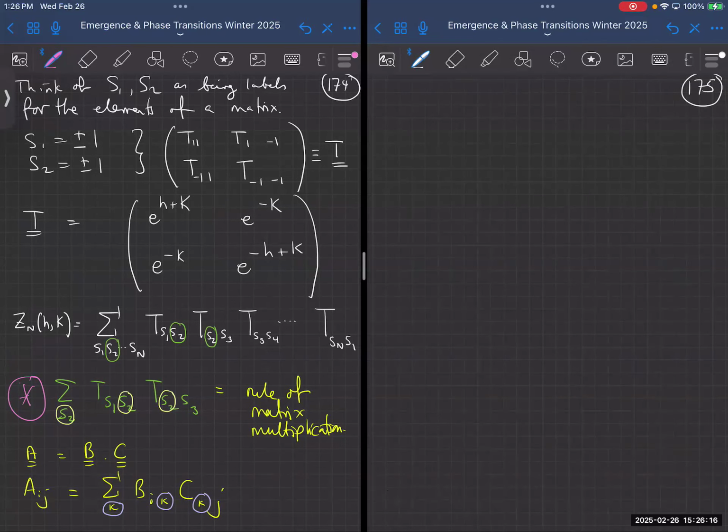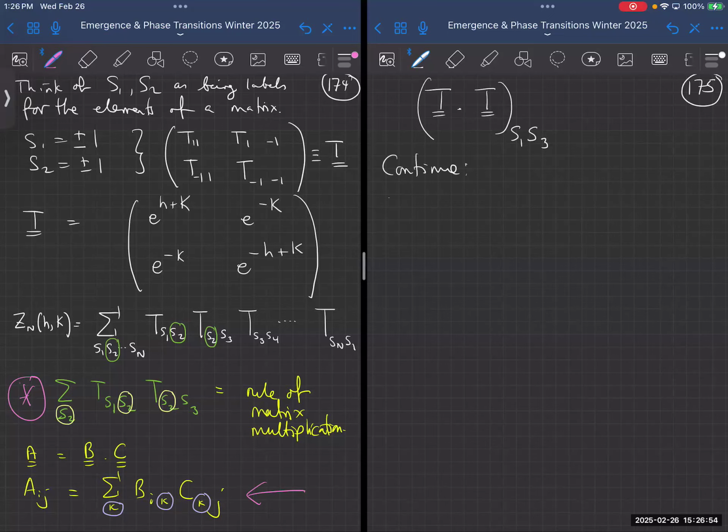Right, this thing is just T squared. So the thing that I've drawn over there is T times T, and then which element is it? Somebody else. Somebody other than Connor. S1, S3. Okay, just like over here, when I do that, I get A_ij. So here, this is the matrix element S1, S3. All right. So now if I keep doing this,